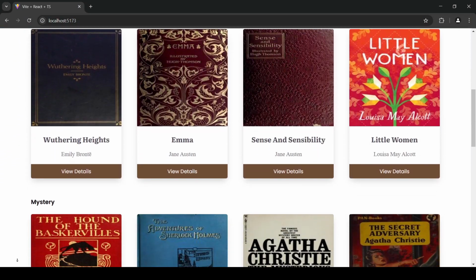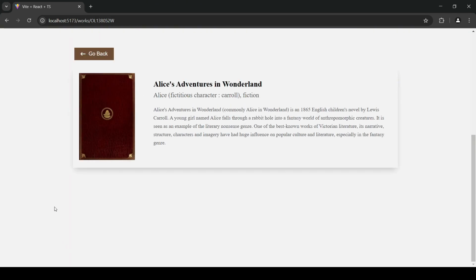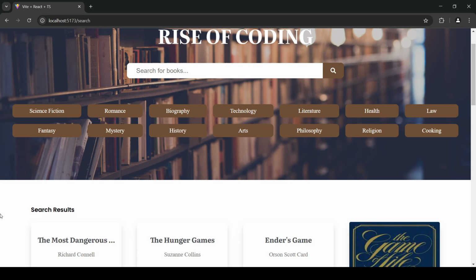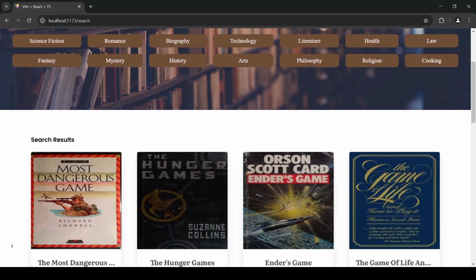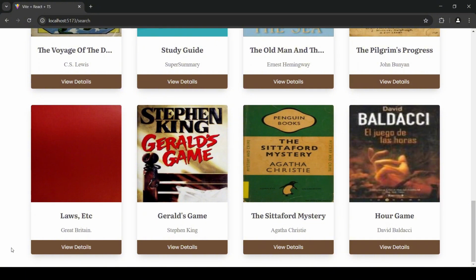In this tutorial, we will build a books website where you can explore a variety of books, view detailed information about each one, and search for specific titles. We will develop this website using React, TypeScript, Redux Toolkit, and the OpenLibrary API to fetch and display books data